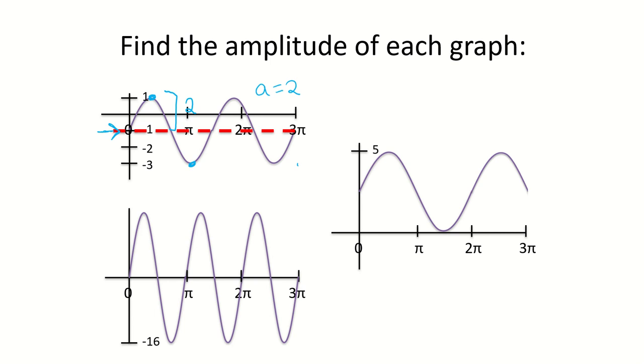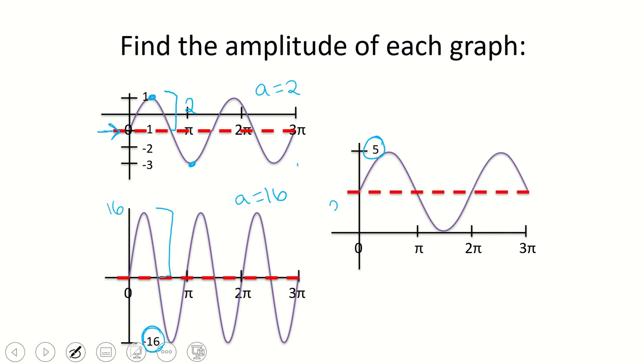For this next one, the midline is right here. And we're going to measure the distance from the midline to the maximum. So even though this isn't labeled, we could use the fact that this is negative 16 to discern that this would be positive 16. So the amplitude is going to be 16. And then here, all we know is that this is 5. But the midline is halfway between 0 and 5, so it's going to be here at 2.5. So when you measure the amplitude, it'll be from here to here, so 2.5. So A equals 2.5. The amplitude is always positive,